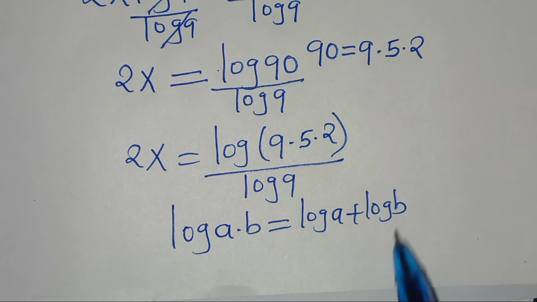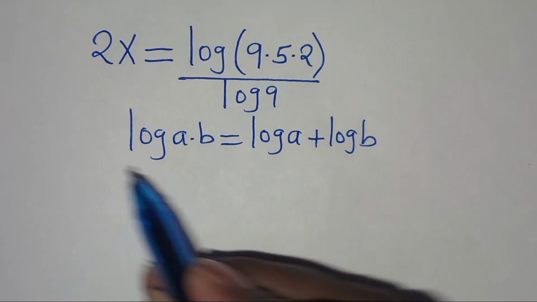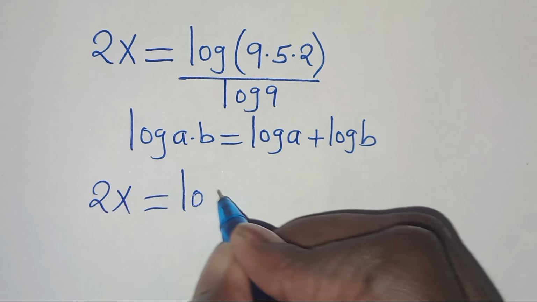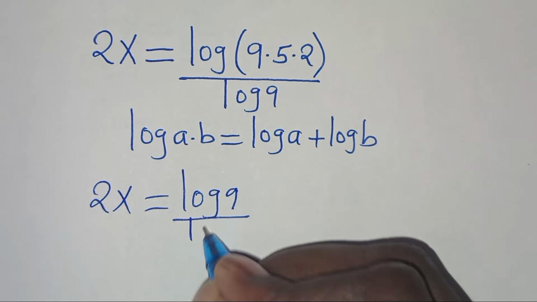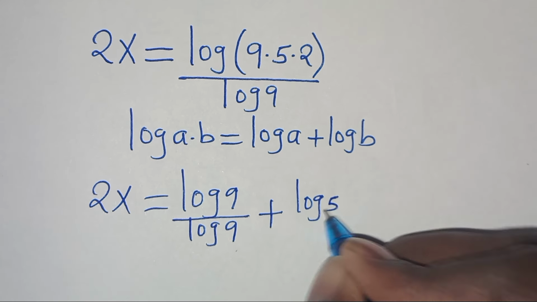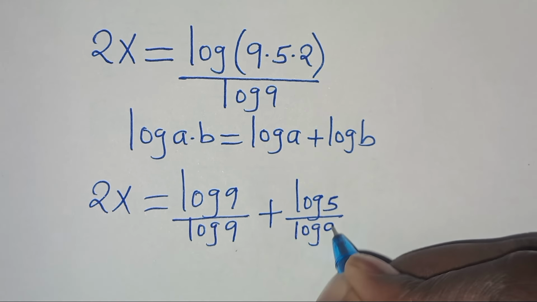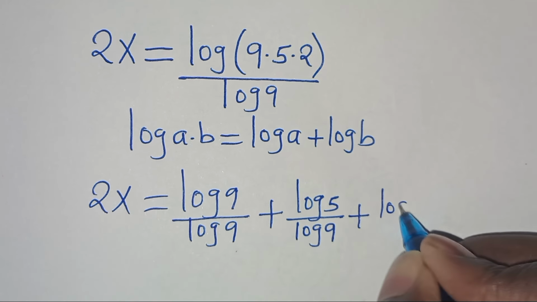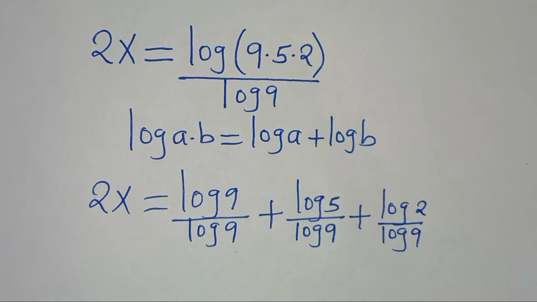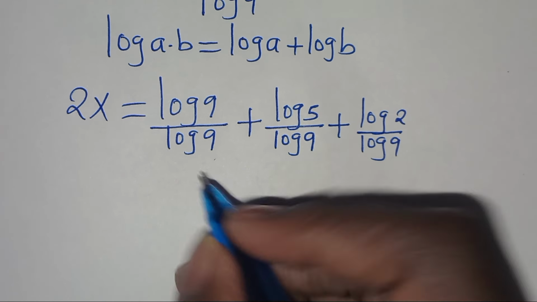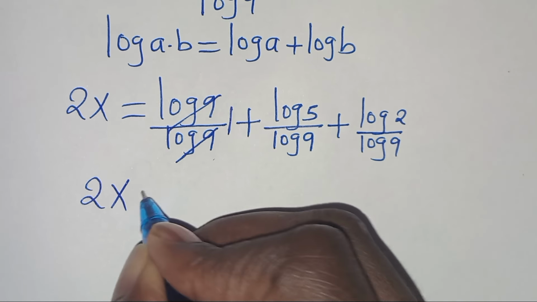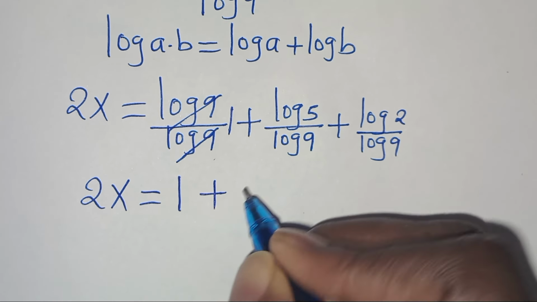Now applying this logarithm property, we have 2x is equal to log 9 divided by log 9, then plus log 5 divided by log 9, then plus log 2 divided by log 9. So log 9 and log 9 here simplifies. So this is 1. So that we have 2x is equal to 1 plus log 5